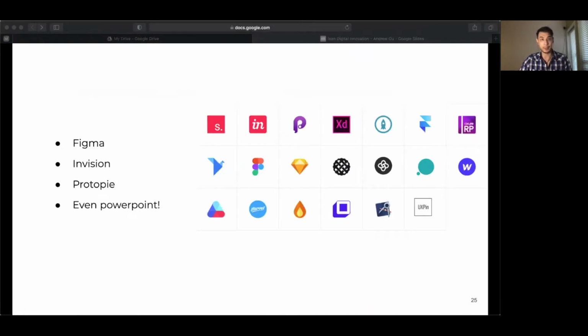My favorite prototyping tools are Figma, InVision, and Protopie, and some of them are free. But guess what? I've even heard of people using PowerPoint, and that is okay because what we're really trying to do here is really communicate the idea and the solution. We're not trying to build something that's pixel perfect, and that is perfectly fine. The prototypes also don't have to be animated like the one we saw, but it's important that it communicates the key concepts.